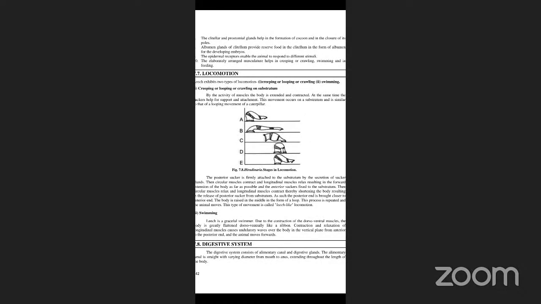Here, by the activity of the muscles, they extend and contract. At the same time, the suckers help for attachment and support to the substrate. This movement occurs on the substratum, and it is like the looping movement of a caterpillar. You might have seen how a caterpillar moves. It moves the same way. And the posterior sucker is firmly attached to the substratum